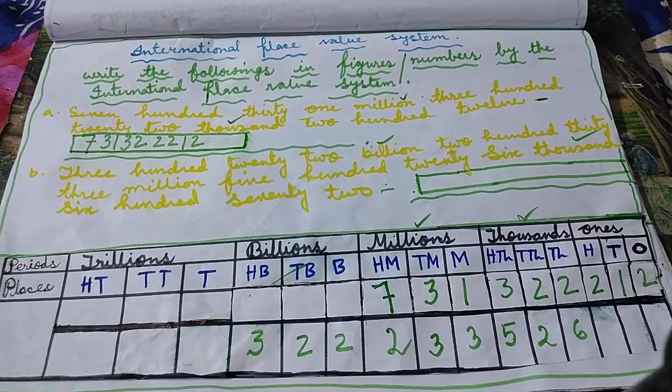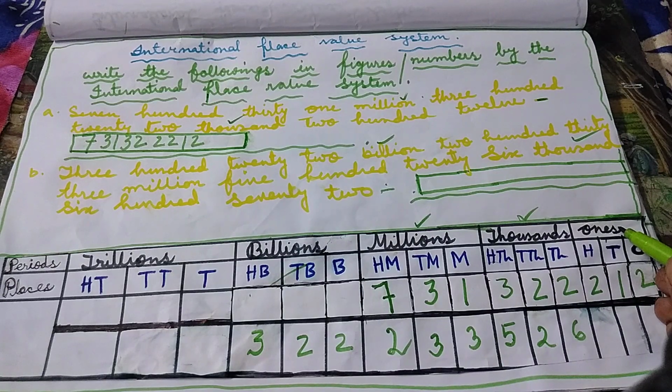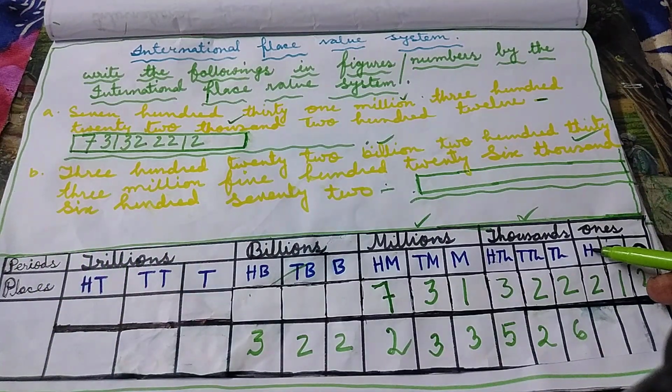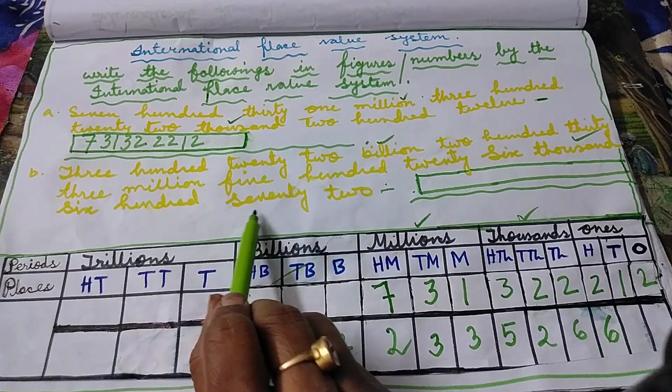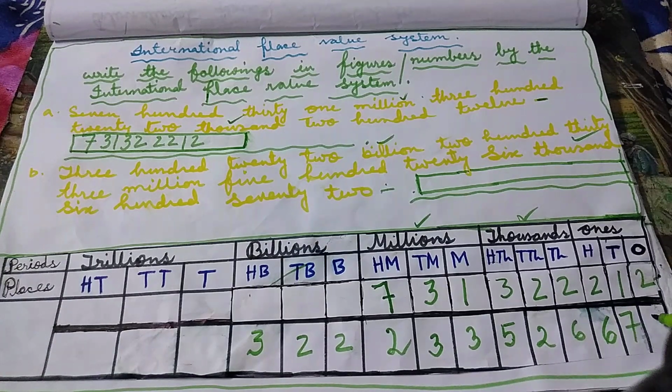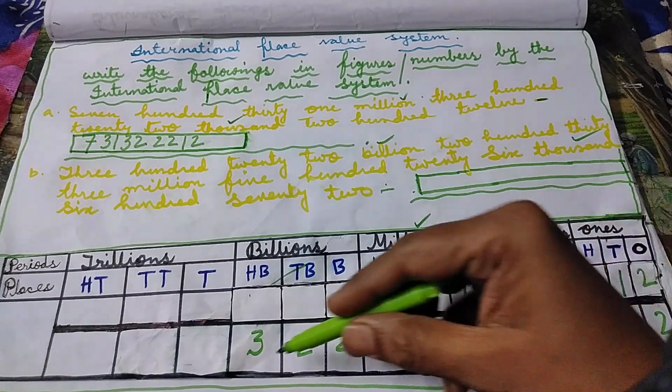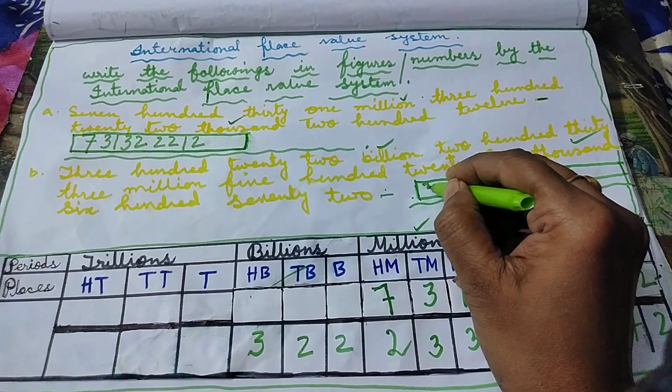672. After 2, no period is there. So, it is the ones period or ones group. Okay, so how will we write 672? Here is the ones group. See, 600. Go to the hundreds place. In the hundreds place, we will write 6. Then 72. Tens and ones together make 72. So, what is the number? The number is